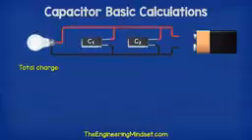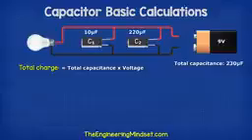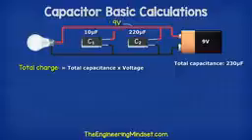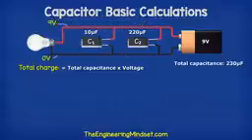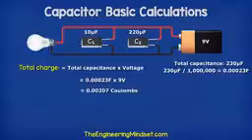The total charge stored in parallel circuits is just charge equals the total capacitance multiplied by the voltage. So here we have a 9-volt battery and 2 capacitors with a total capacitance of 230 microfarads. As this is parallel, this wire is 9 volts and this wire is 0 volts, so both capacitors are charged to 9 volts. Therefore, 230 microfarads multiplied by 9 volts will give us